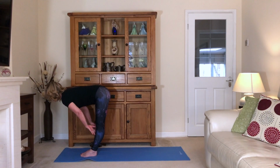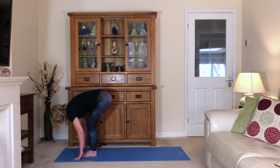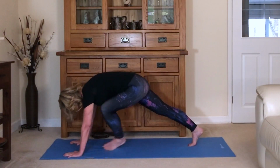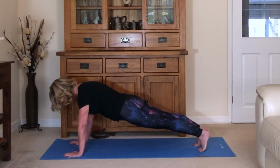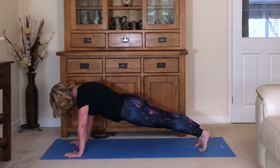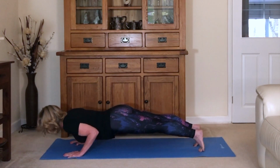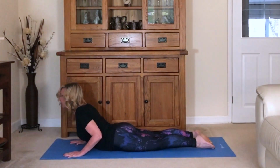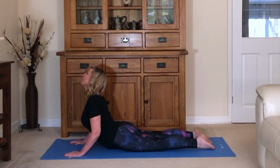Stretching out, lengthening the back, and then bend your knees until your hands are flat and step yourself back one leg at a time, again into that plank pose. Hold it here, bring the knees down if you want to, or else come down in one straight line all the way to the mat, bringing down the legs, press up into a lovely gentle cobra, really rounding every vertebra